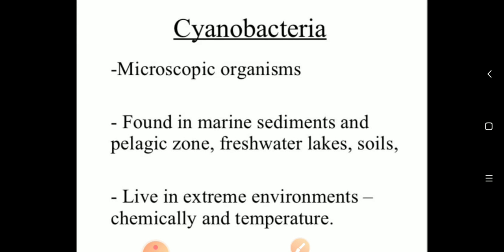They are microscopic organisms that we can't see with our naked eyes. We have to use a light microscope to understand their cell structure. They are found in several habitats like marine oceans, hot springs, freshwater lakes, humid soils, or even in adverse conditions like acidic or alkaline soils, or water, or hot water springs, or in icy cold